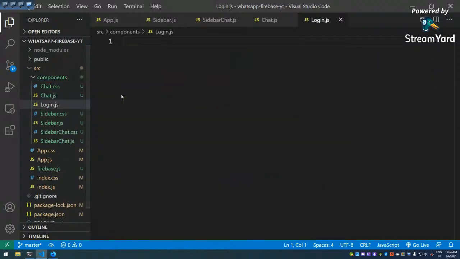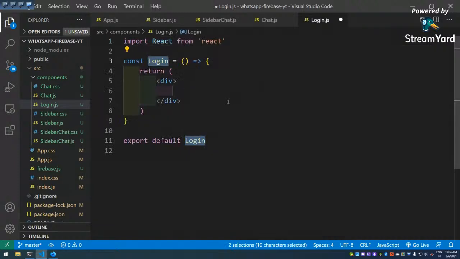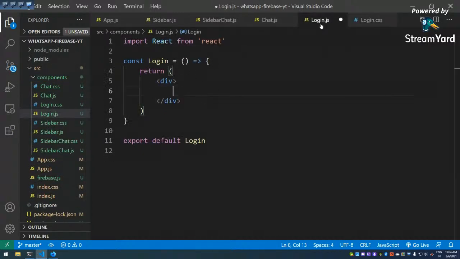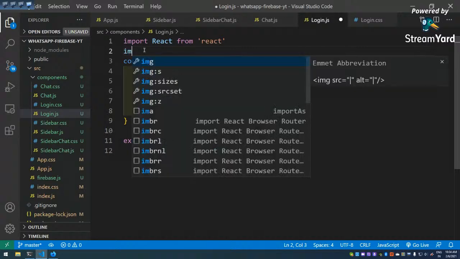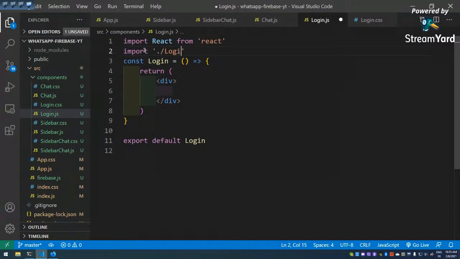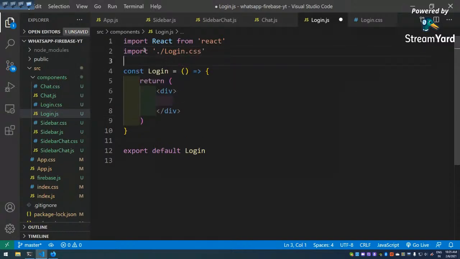Login.js. I'm going to have rfce login, and under components, login.css also I'm going to have. So here, import login.css. Okay, and then